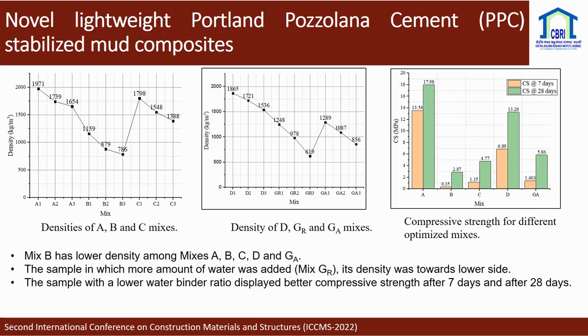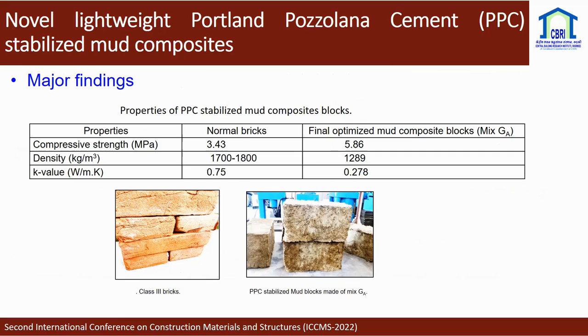The compressive strength for control is given here as 13.54 and 17.98. However, we have seen the optimum mix was GA, which has a compressive strength of 5.86 at 28 days. In the major findings, we have compared our mix, that is the GA mix, with the normal brick. We procured the bricks from the market, and we determined the compressive strength, density, and K value. You can see here each and every property was in the suitable and desirable range